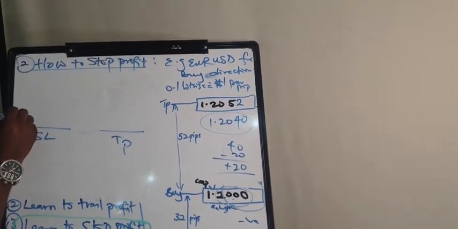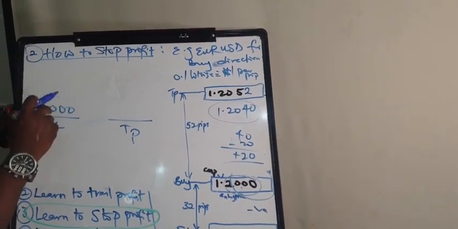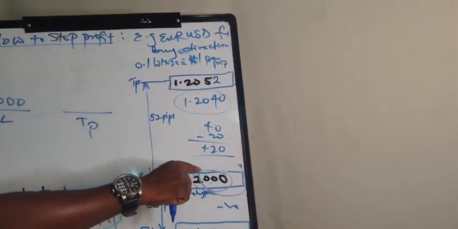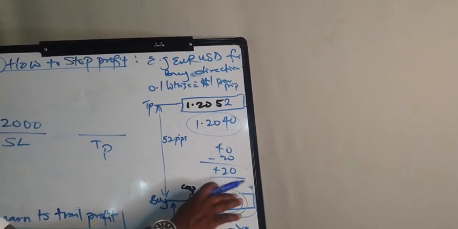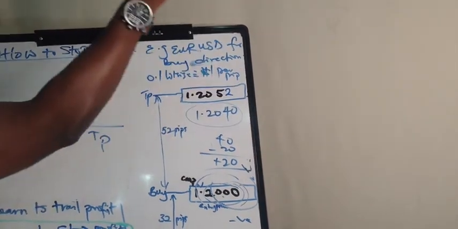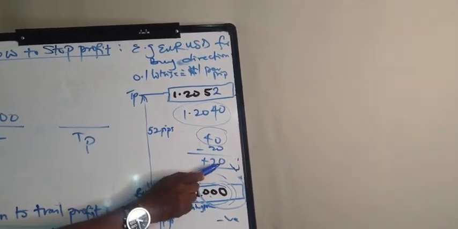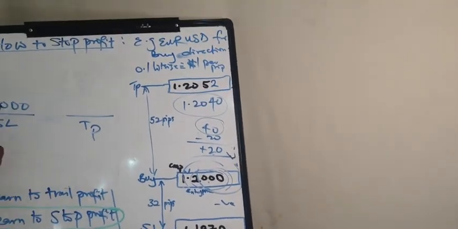Now this was your initial, you were at break even, but the market did not come towards your break even line. You thought maybe if it's coming down, it should come and cut you off here. But it didn't come toward that. The moment it got to a particular price, it started going back up again. Now before you know it, it got to this price. So this 20 now, you add it to this, and your new stop loss will be